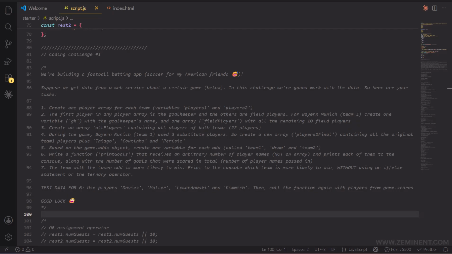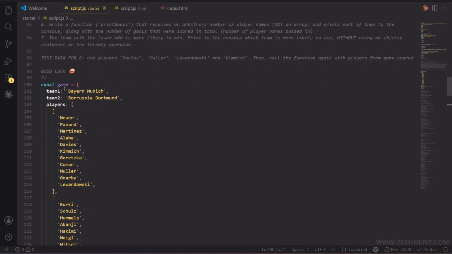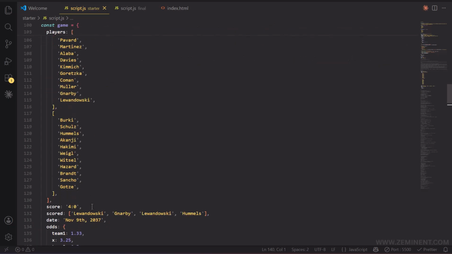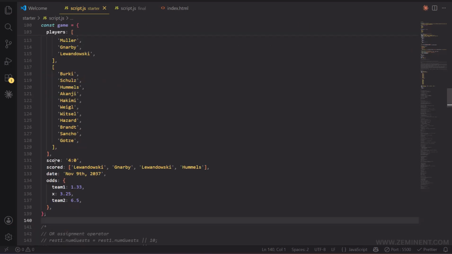In this challenge, we are going to build a football betting application. Here we see that we are building a football betting application, that is Soccer, for my American friends. We have some data from a web service about a particular football game. This is an object with the information about the game. Here we see all the team players, player one and player two, with all the players placed in arrays,